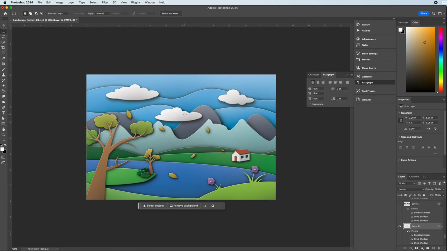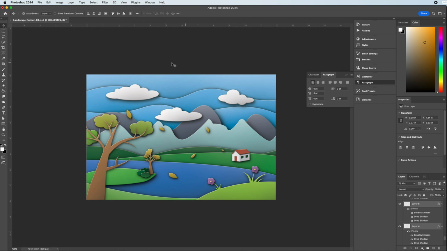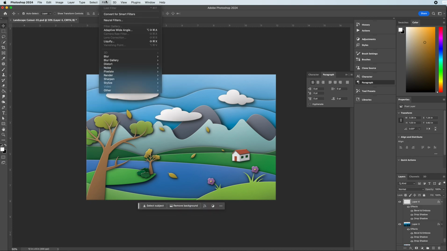Finally, the last piece is adding in texture. With the texture, you can select out individual pieces. If I wanted to add in effects onto an object, I could consider looking at the textures that are provided. If I want to go up to filter, down to